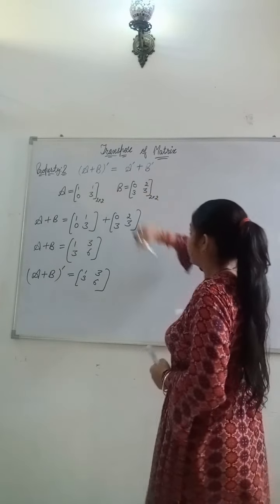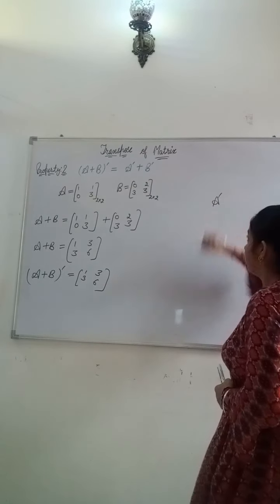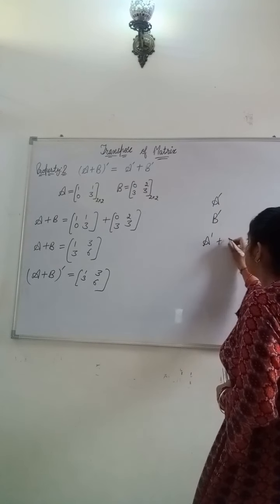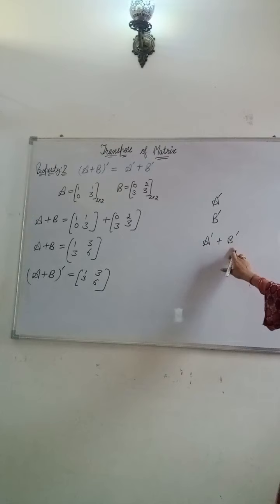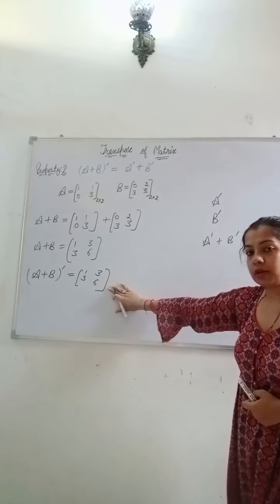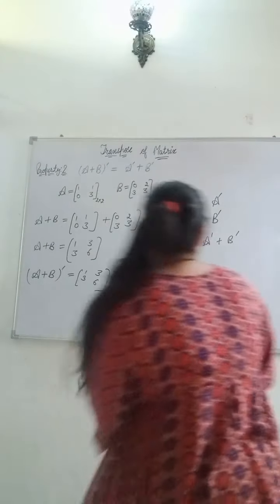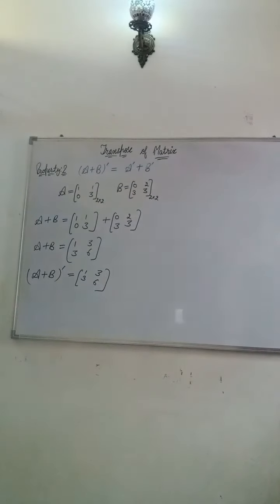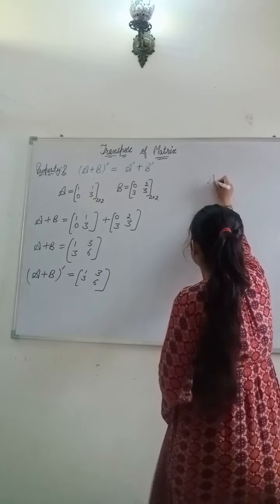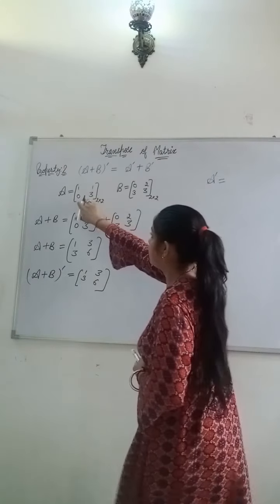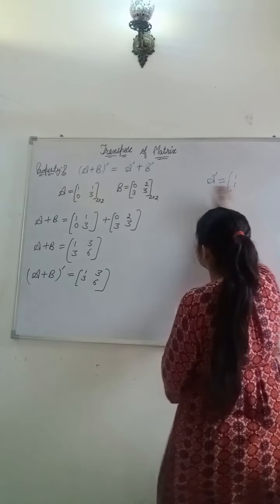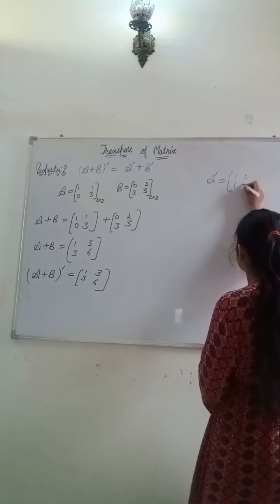According to the right hand side, firstly I have to take A transpose, then I have to compute B transpose, then I have to do addition of these. Then this will be definitely equal to A plus B whole transpose. Let us prove. Now here you can see we have matrix A. From here we can find A transpose. Just interchange its rows and columns. Its first row will become first column, second row will become second column.